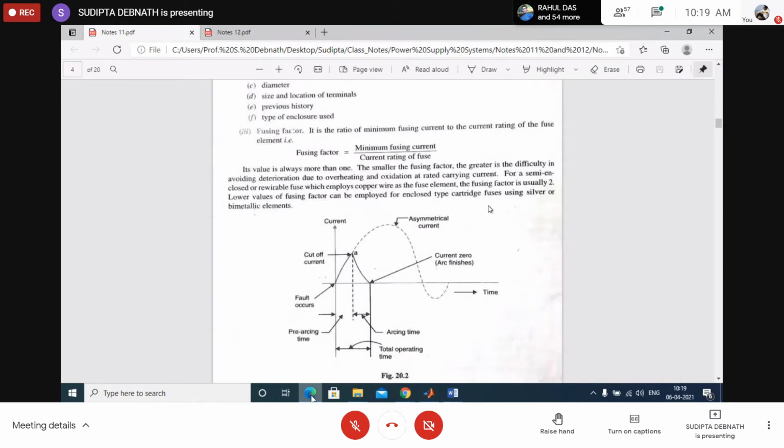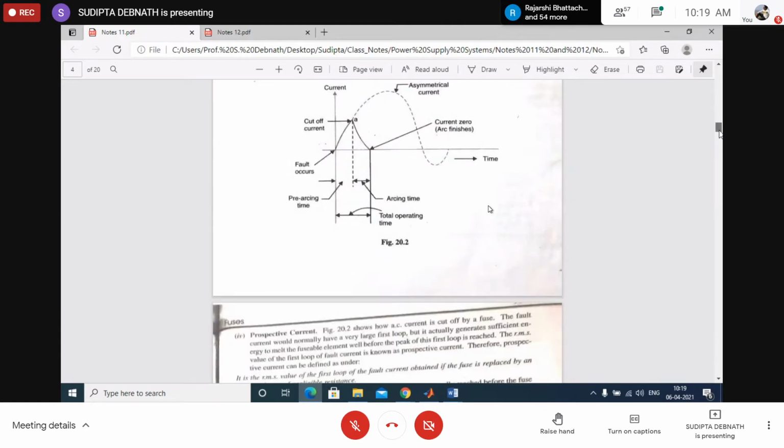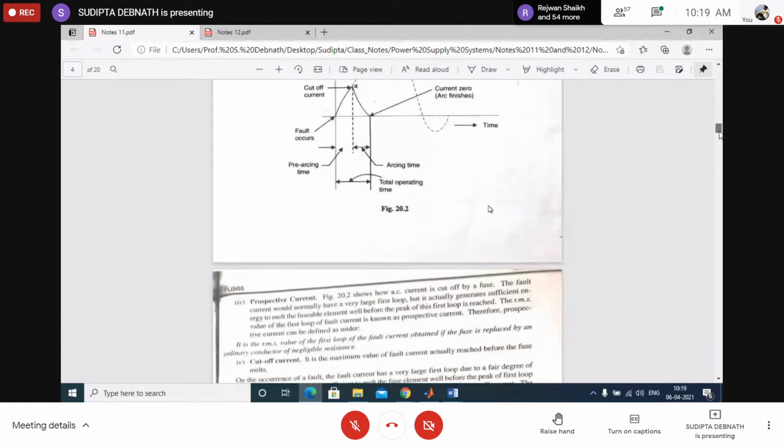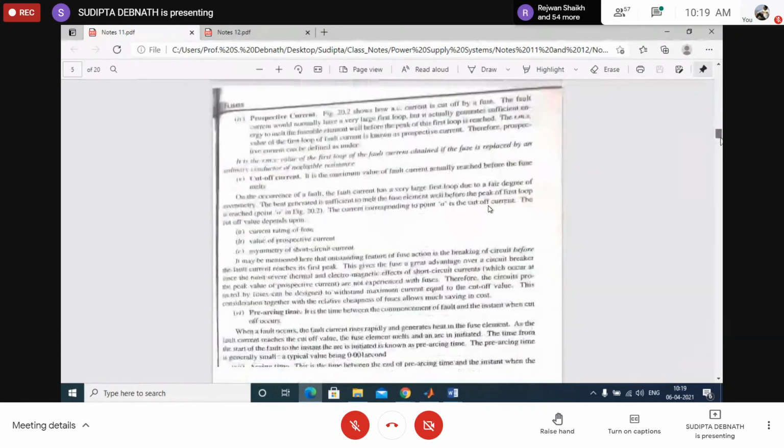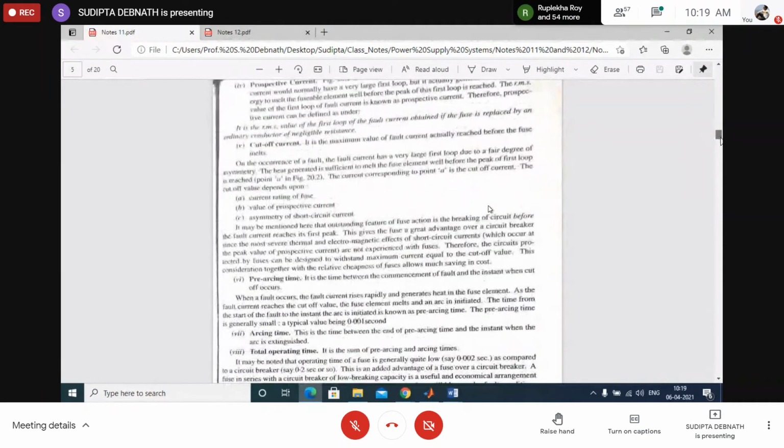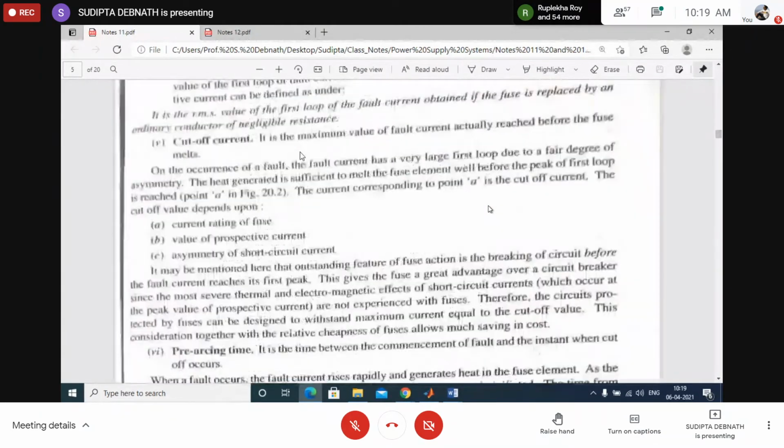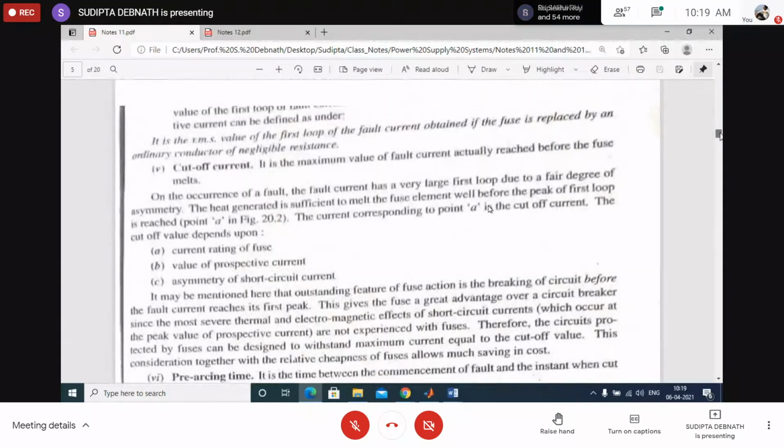Now, this is important. There are some definitions related to this picture. Those definitions are prospective current, cutoff current, then pre-arcing time and arcing time. Let us enlarge the screen. Now, see,